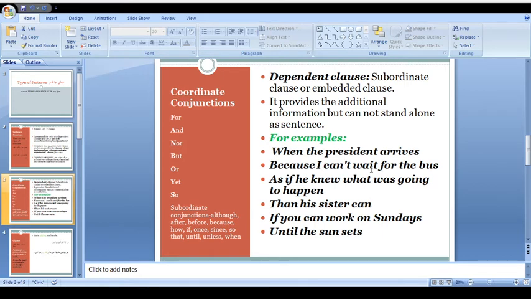Because I can't wait for the bus. As if he knew what was going to happen. Then his sister came, if you can work on Sunday until. Now these are the examples of dependent clauses, which don't give the meaning of our sentence. And here, I'll give you the example of